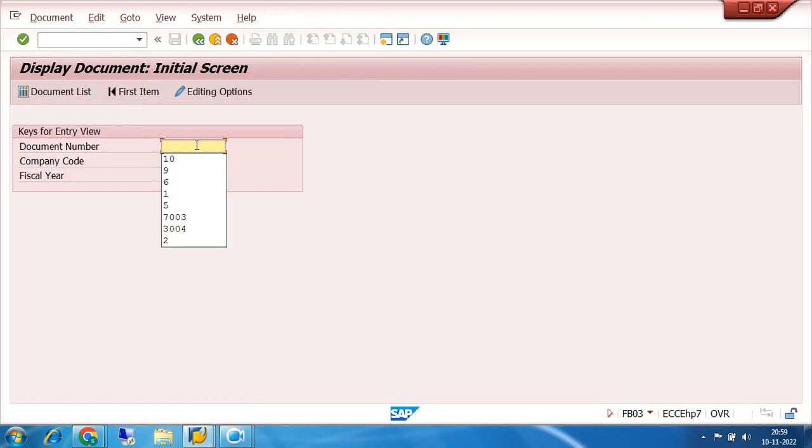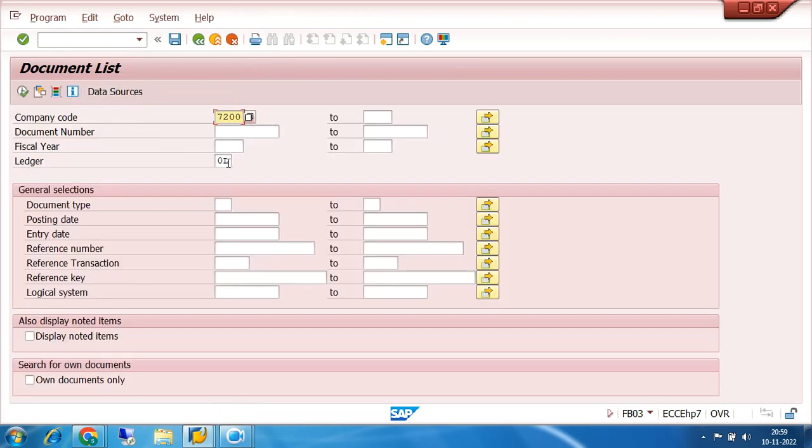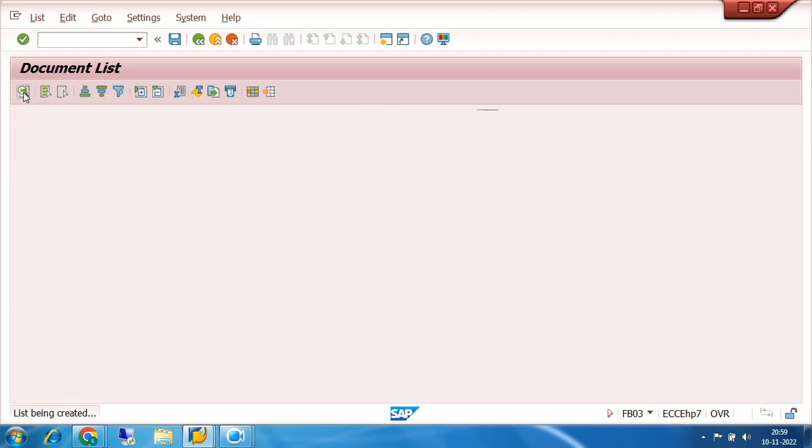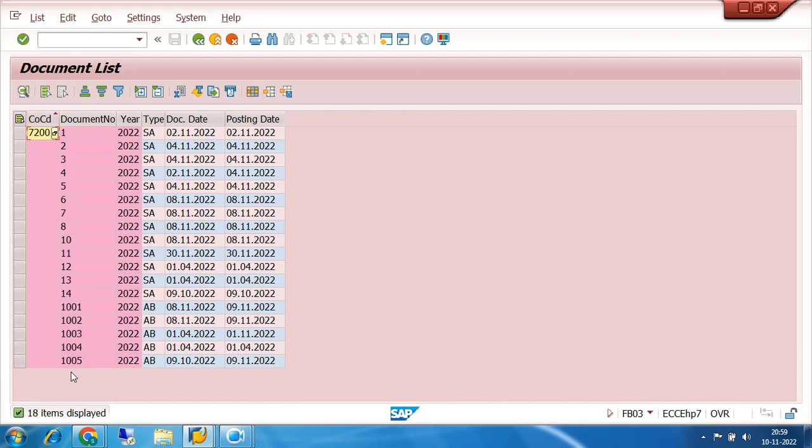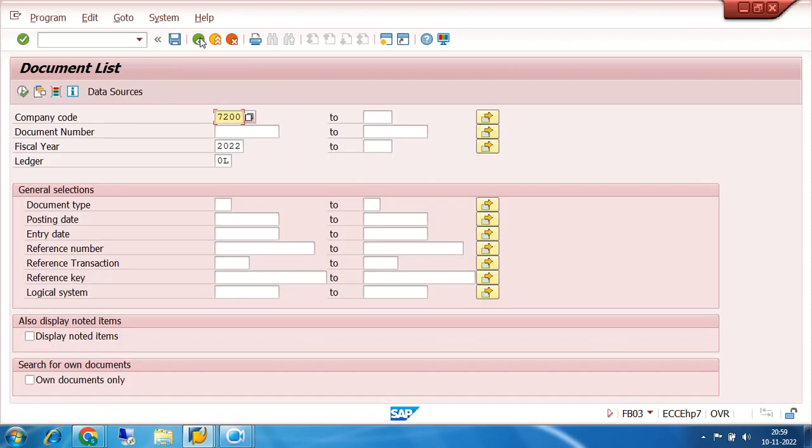In FB03, on this screen, ledger 0L appears by default. 0L is the leading ledger, as I have told you. If I click on execute or enter, I find there are 18 items here. Whenever we pass a transaction in FB50, not FB50L, then